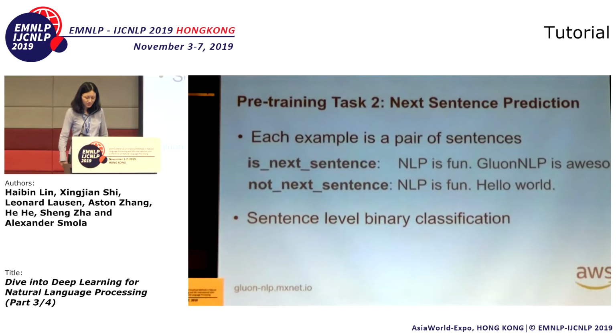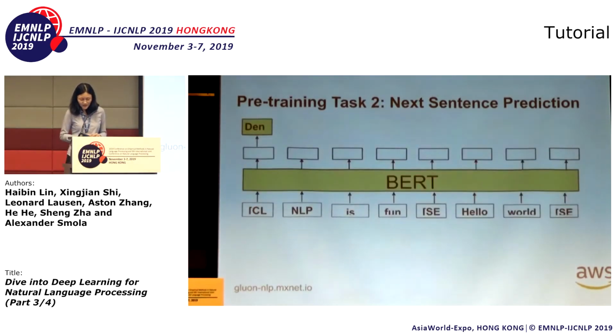Okay, so the second pre-training objective is next sentence prediction. Given a pair of sentences, BERT tries to predict whether the two sentences are adjacent or not. Again, this is a self-supervision objective. We just take a sequence of two sentences from any corpus. And to learn this model, in the input, we have,